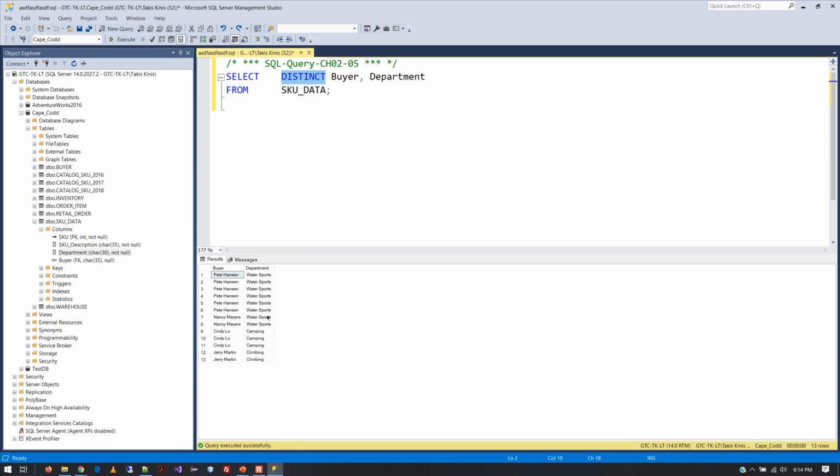So in other words, in the SKU table here, one buyer might be connected to many entries, but I just want to know how many unique buyers there are. So there's a very simple command for it called distinct. It's a very useful command. Once again, the regular version gives you every entry, even if it repeats. When you use distinct,